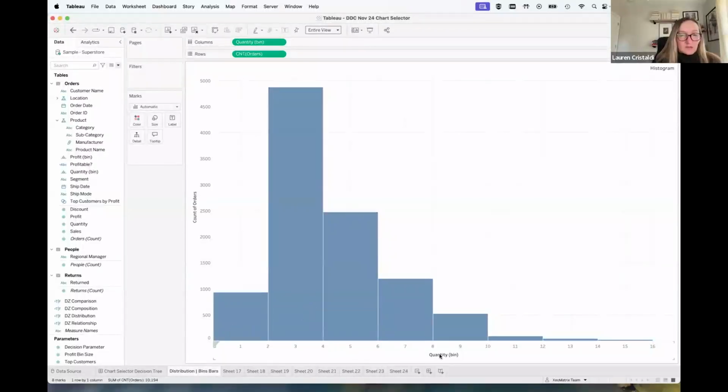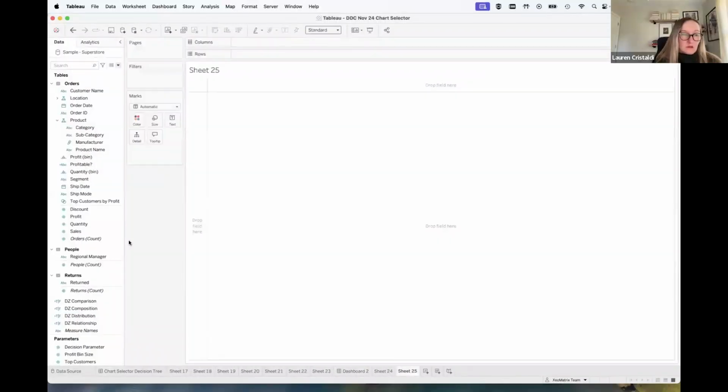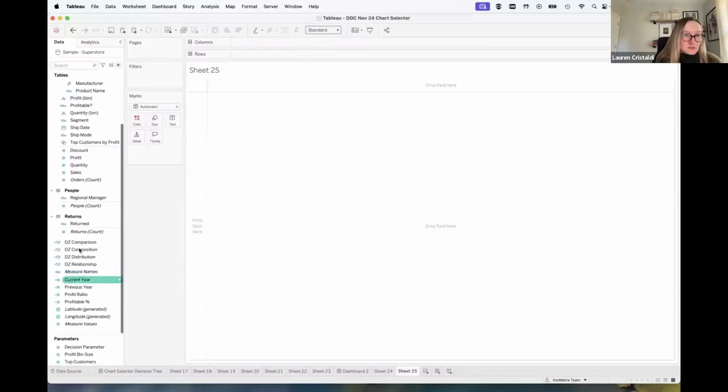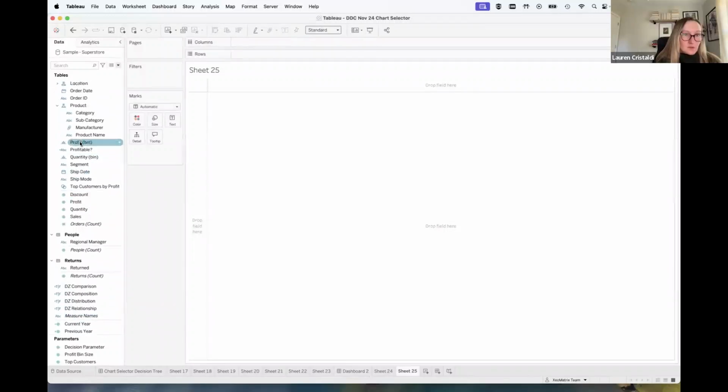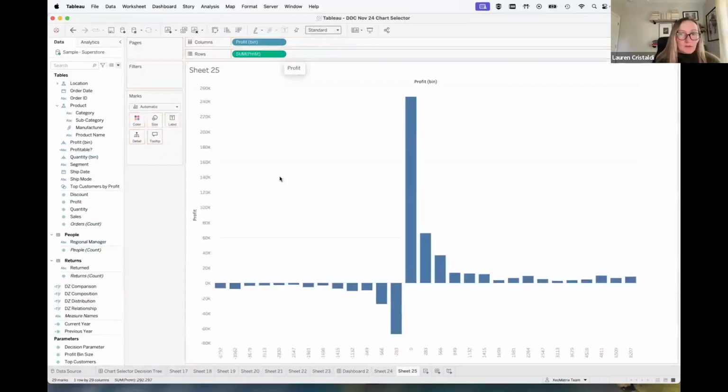I made this bin for quantity, but Superstore out of the box has this profit bin, which is cool. And if we go over here, add a new sheet, and we do the profit bin on columns, and profit on rows, you can see how the different profits are distributed in those bins.